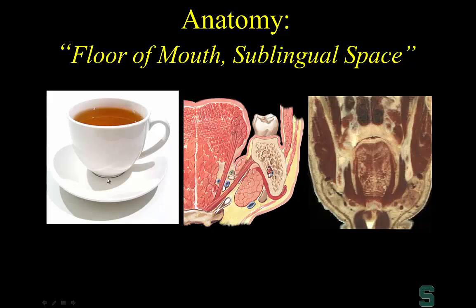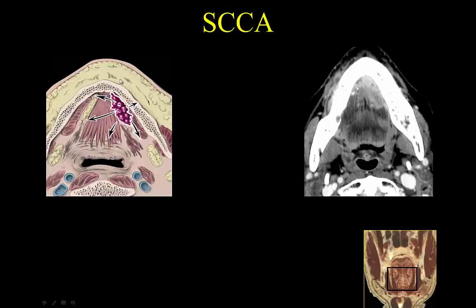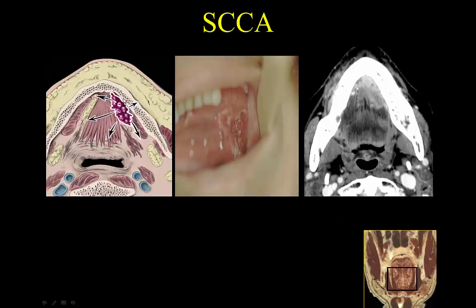Now, earlier, as I mentioned before, we head and neck guys, we like to fool you. I referred to this same space earlier as a sublingual space. But now we're going through the classification of the oral cavity and the oropharynx. When we talk about the oral cavity, this is now referred to as the floor of the mouth. So here's an example of a floor of mouth